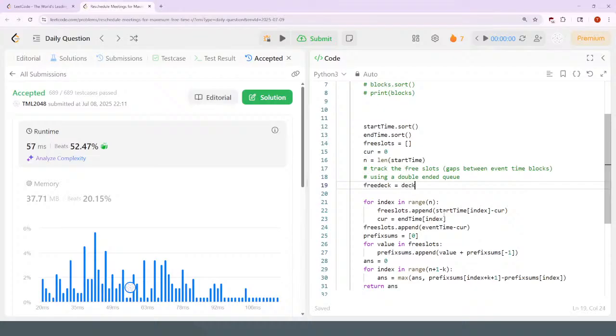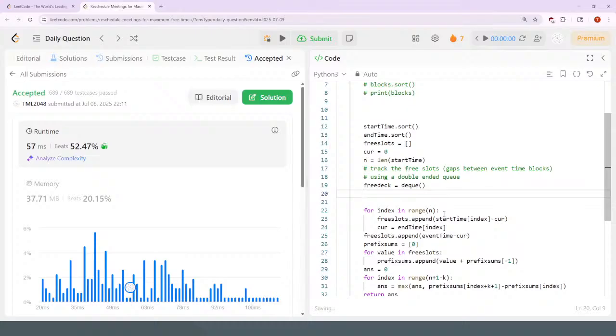It's going to be a double-ended queue. And then it would be something like for every index in range n,